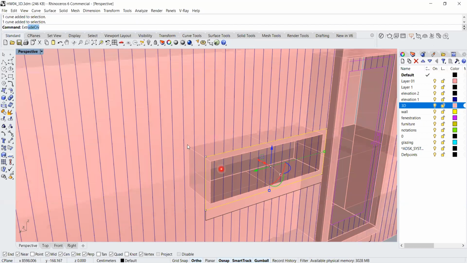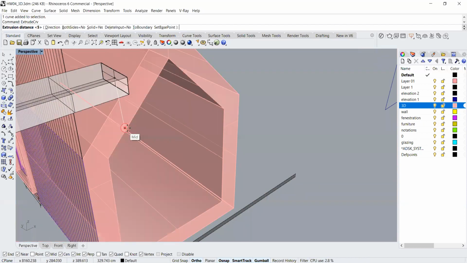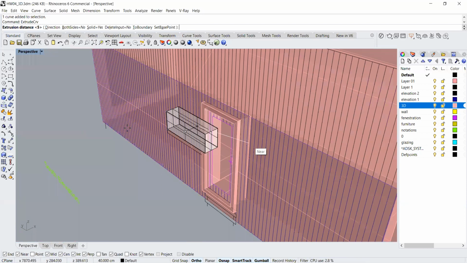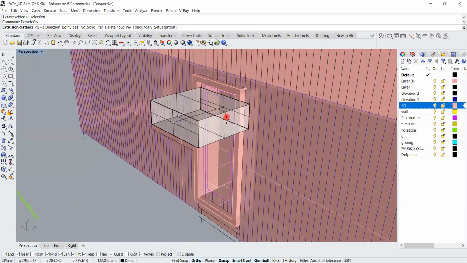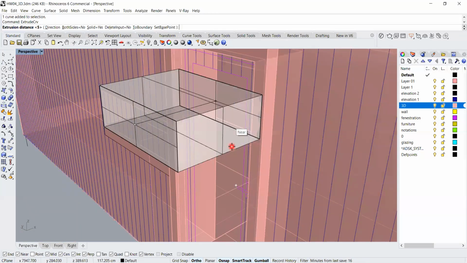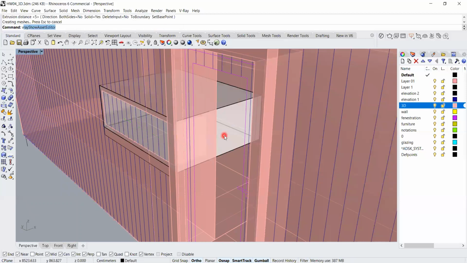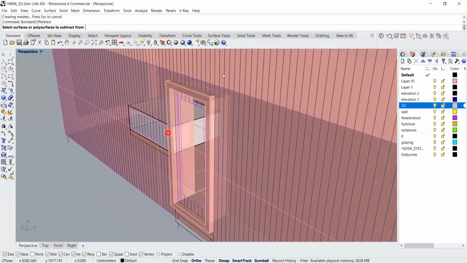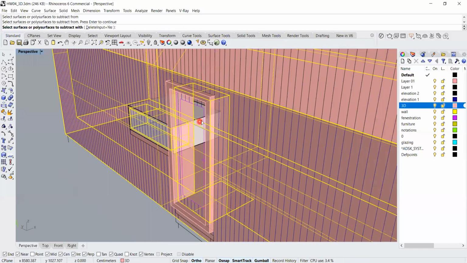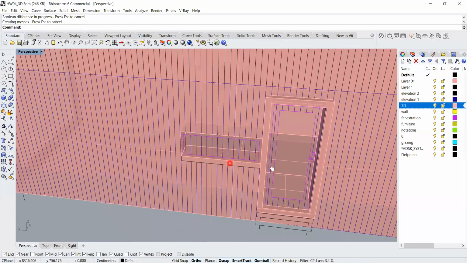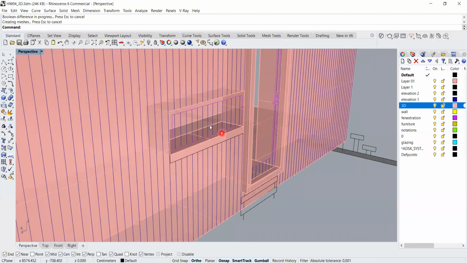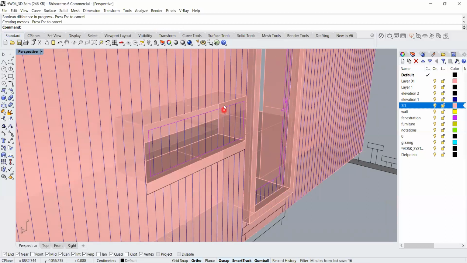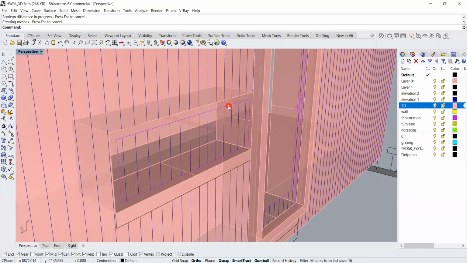I just misunderstood it. I just extrude this again. Okay, and Boolean difference. Select this building, this one. Yeah, did you understand my mistake? I needed to Boolean this one because the inside two curves will become the frame of the window, yeah, the